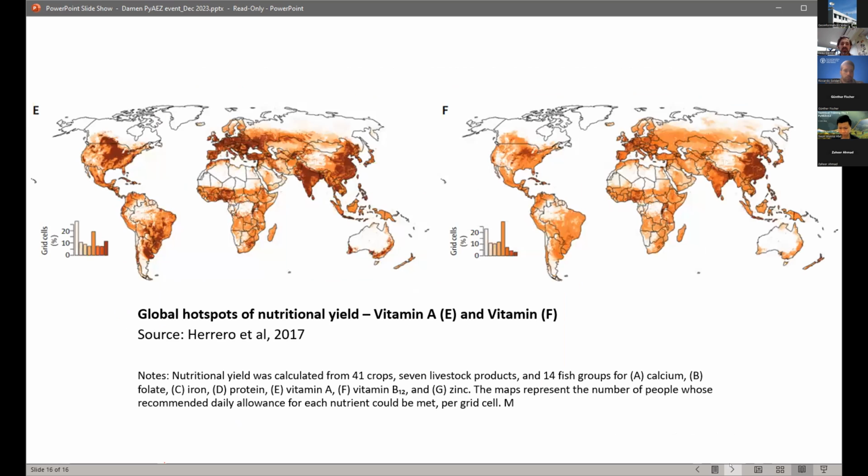And so, indeed, building on this analysis that was produced in 2017, you can find hotspots of nutritional yield focusing on specific nutrients. In this case, I just decided to show the outputs for vitamin A, and sorry, that's vitamin B2. These are important in the regional context because in terms of nutrient deficiencies, these are still key nutrients in this region.